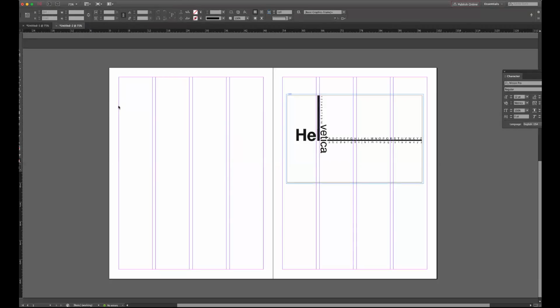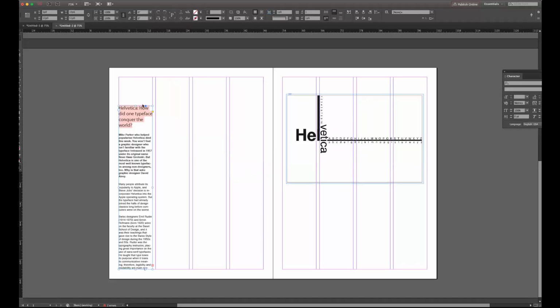It just says, here's an article, where do you want it? And I'm going to click once and it already snaps, because I have the grids and the guides on and the smart guides, and they snap into place. All I have to do is click once and it will automatically format that column of text to my column. It's a beautiful thing. It eliminates all the work that you usually have to do.